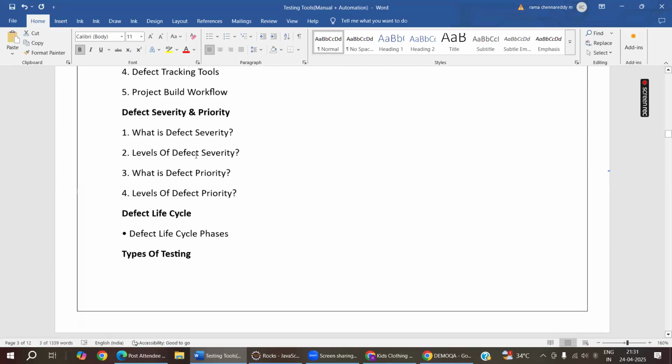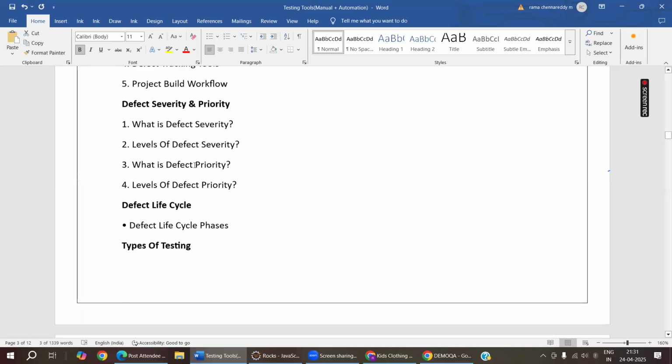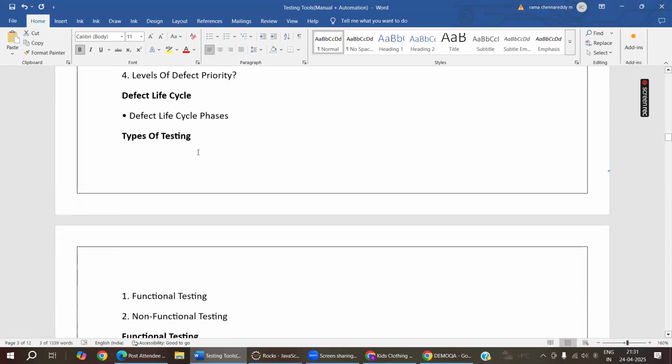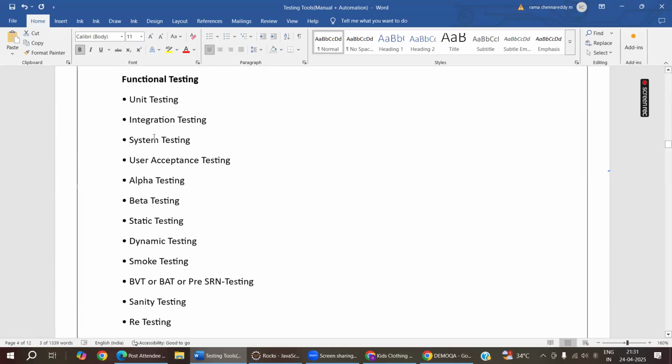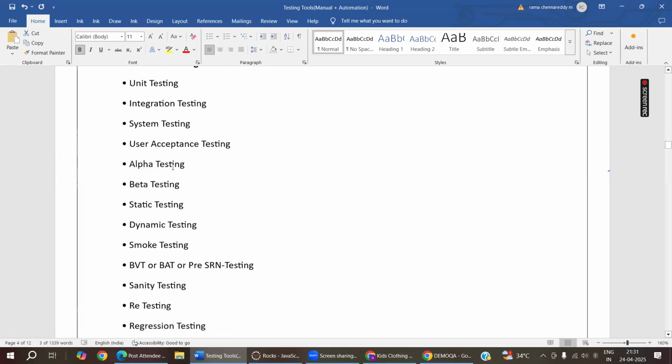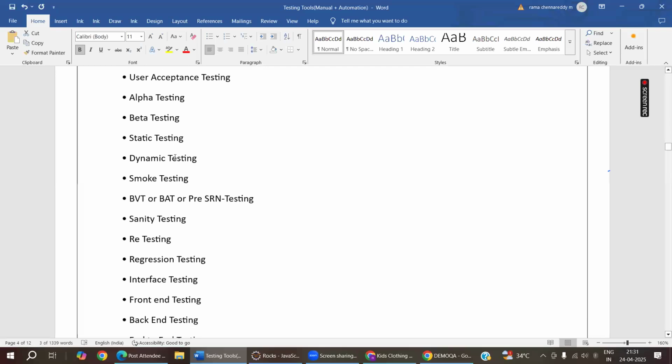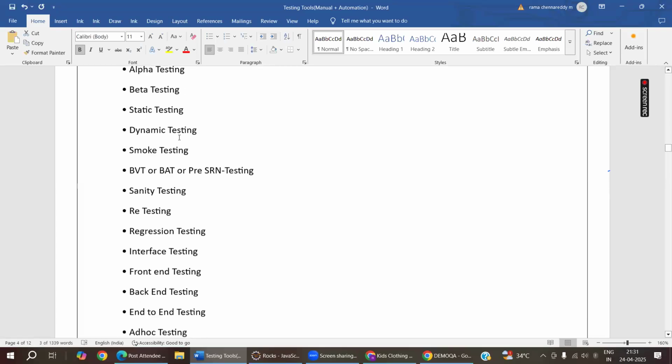What is defect severity and how many levels of severities are there? What is defect priority? How many levels of priorities are there? Like defect lifecycle phases and process, types of testing, like functional testing, non-functional testing, unit testing, integration testing, system testing, user acceptance testing, alpha testing, beta testing, static, dynamic, smoke testing, BVT testing, and then sanity testing, retesting,